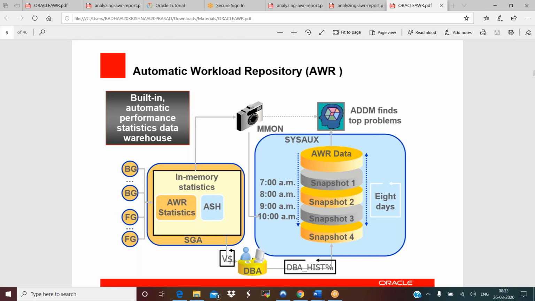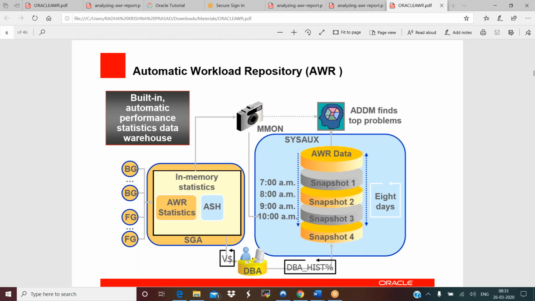You can see the load profile, DB time, and some important metrics like DB CPU, redo size, physical reads, physical writes, and user calls. And I have a sample ADDM report and